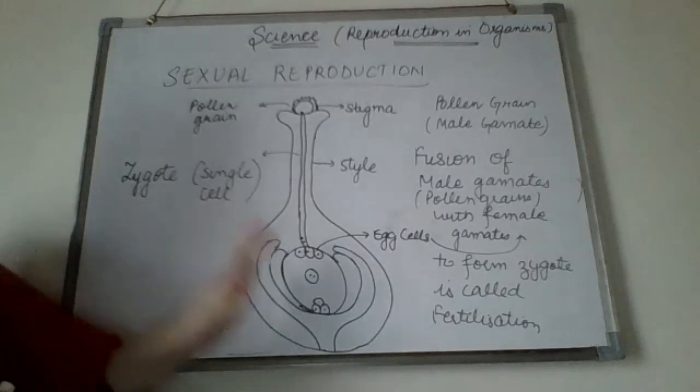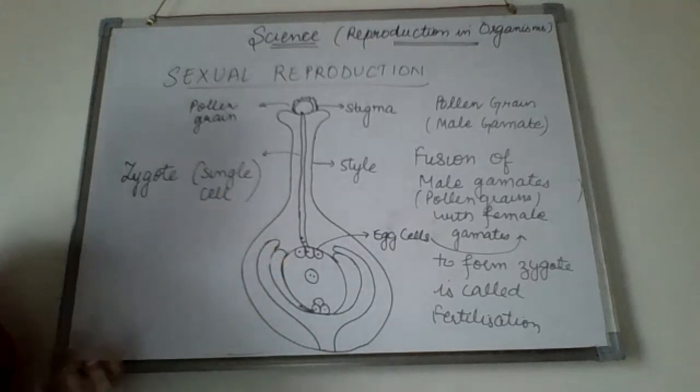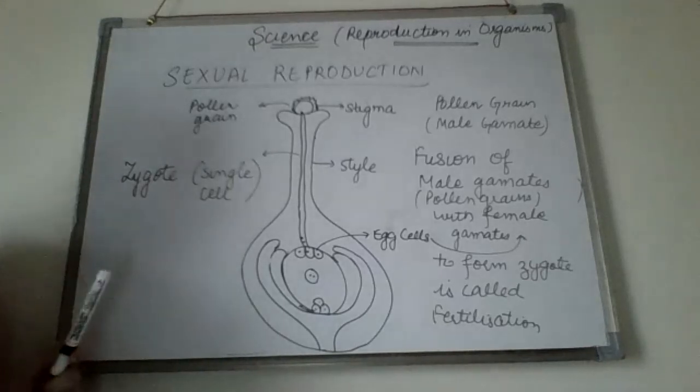We have studied fertilization; now this zygote will divide further to provide you the fruit. Ultimately the result of the division is the fruit and the seeds present in the fruit. So what is the result of sexual reproduction? You will be getting the fruits that contain the